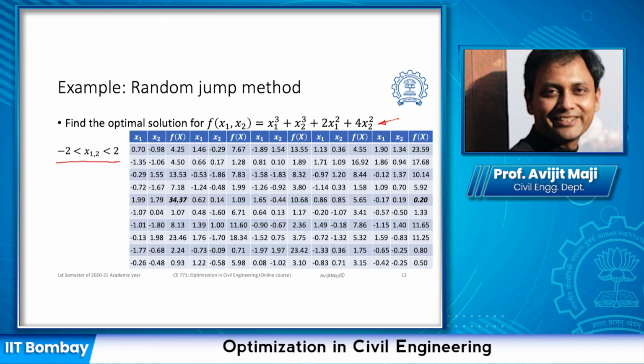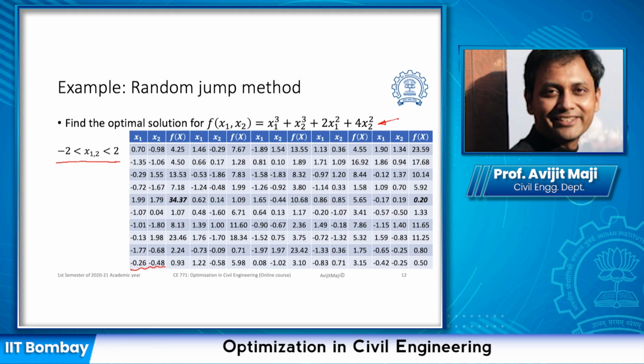Now we generated random numbers between -2 and 2 as shown here. These are all randomly generated locations. So this is one set,